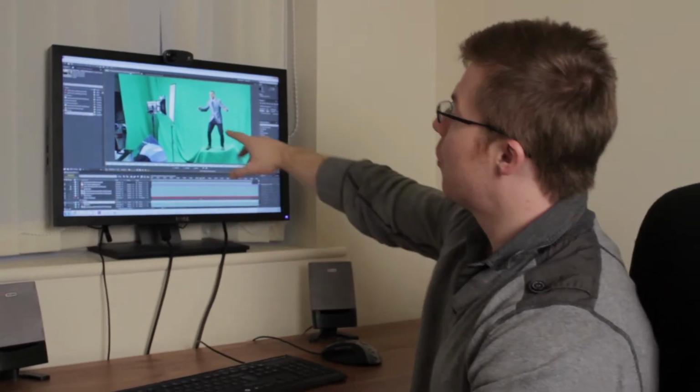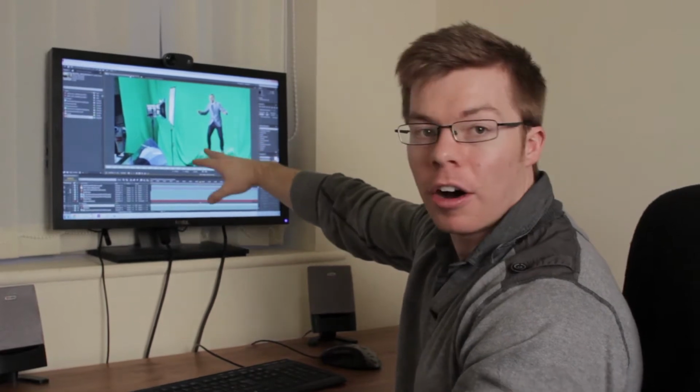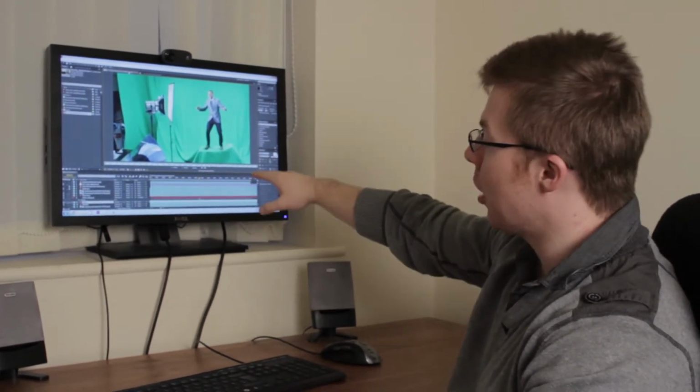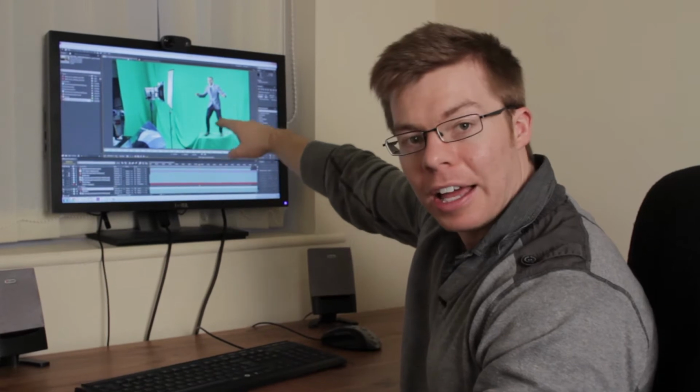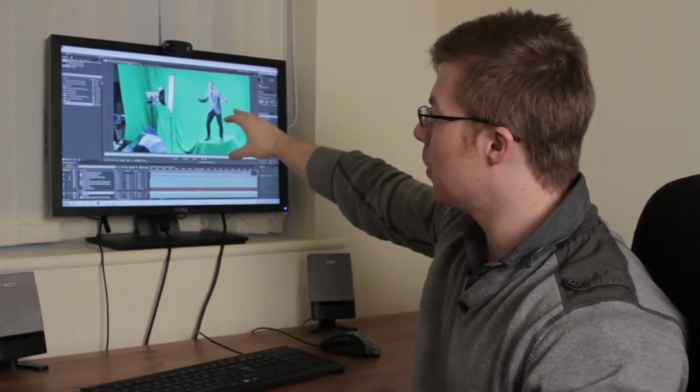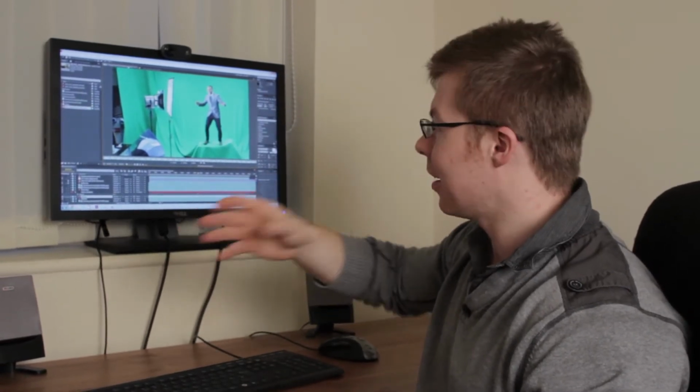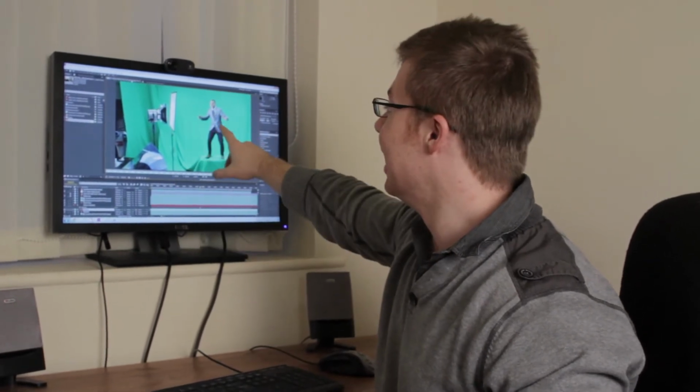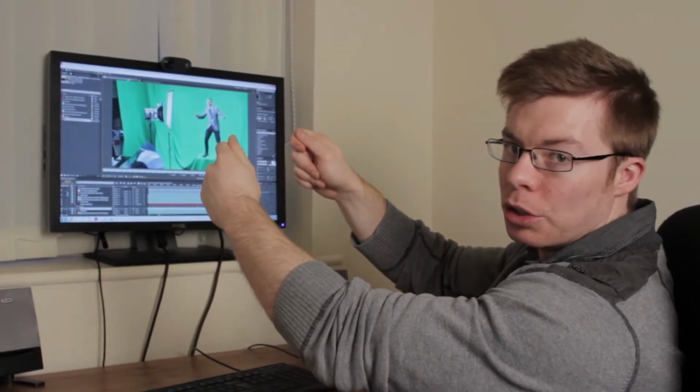So what we did was we filmed Nathan on a green screen, and we wanted to put him on a platform that moved down. So we had this pneumatic lift and we let it sink down, and that was the motion of him sinking through the floor. You could have thought that, well, maybe we could just film him flat on and then move him in a program like this, which is called Adobe After Effects, my favourite one. And we could just move him through the floor, but we wouldn't have got the perspective change. So it would have looked like literally taking a photo and just dragging it down.